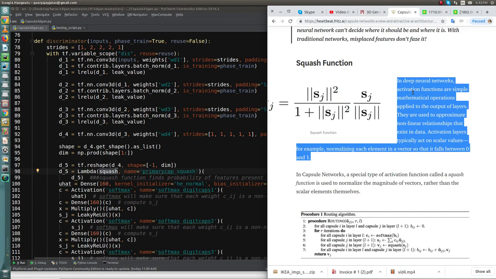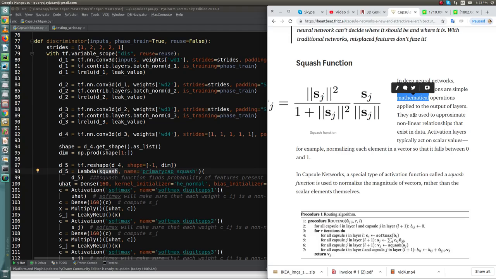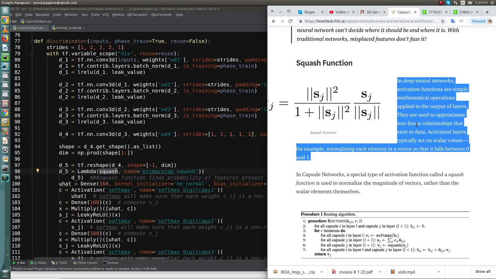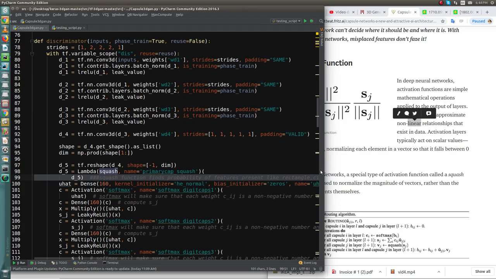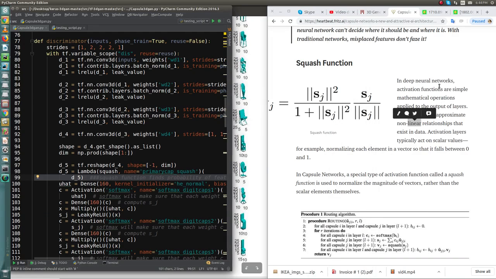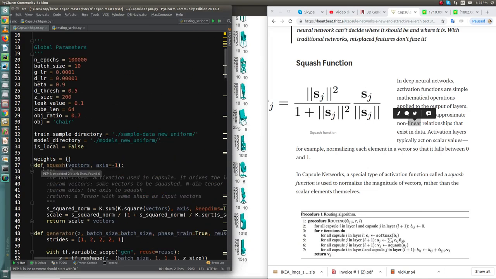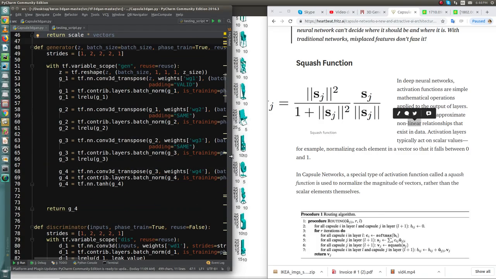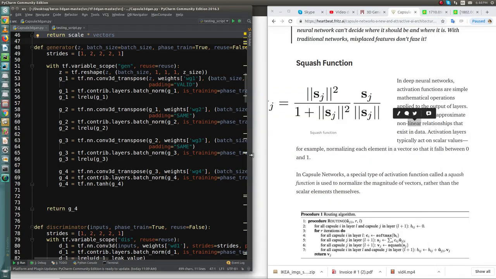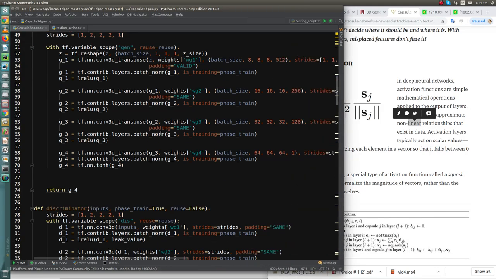A deep neural network is simply a mathematical operation which approximates nonlinear relationships between existing data. You can just go to Google and find the squash function; there are various squash functions available over there, so I don't think I should waste so much time describing this.